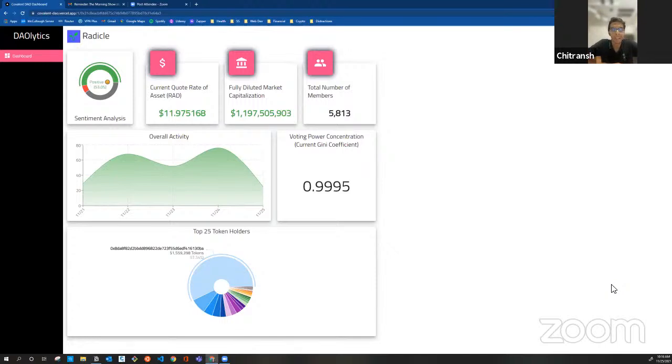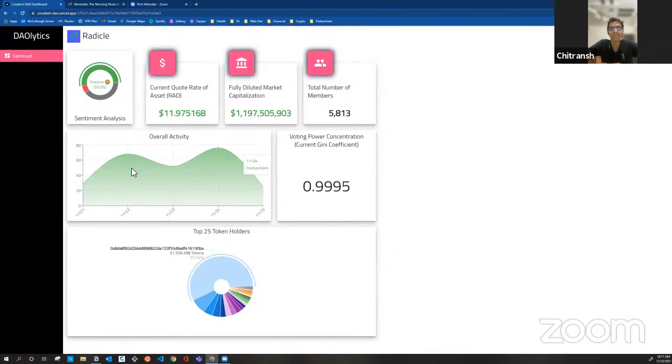And for the sentiment analysis, we made a developer account on Twitter, got the access token, and fetched the top 100 tweets according to the DAO's name.